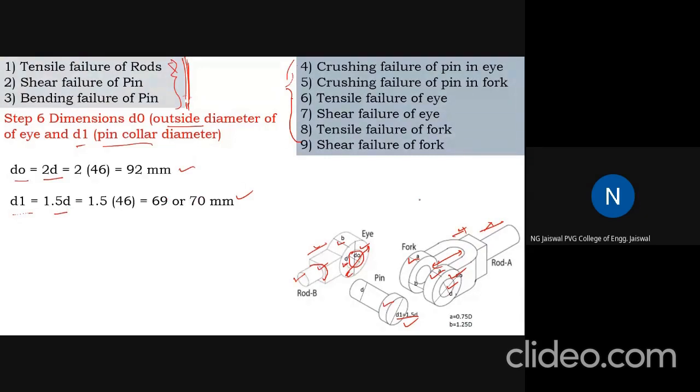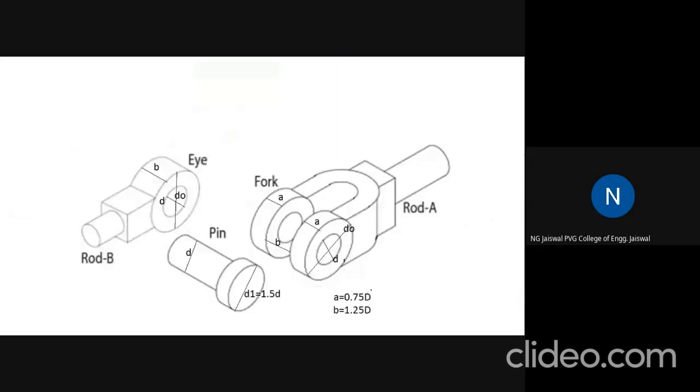And here, all the dimension calculation work is over. That's why you can see now this is over, this is over, this is over, this is over, this is over. All dimensions are over now. Okay, and as I told you, this is not a part of the calculation because we can take any length. This will obviously be equal to A. Okay, this will obviously be equal to this thing, and this is equal to this diameter. Whatever the diameter of this you get, the same size of this you can have. So all dimensions are now over. Remaining is now only cross checks.